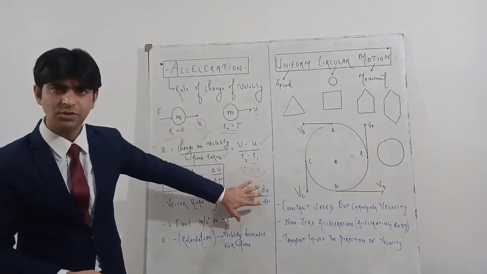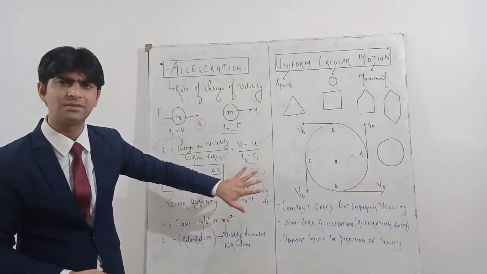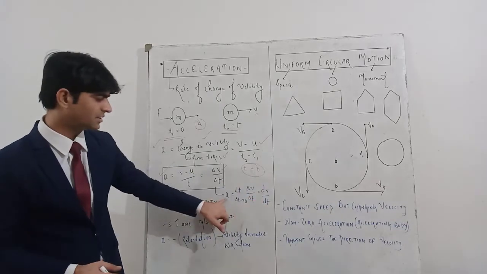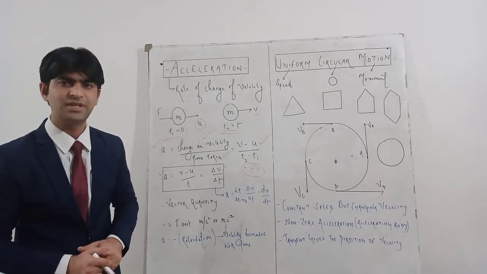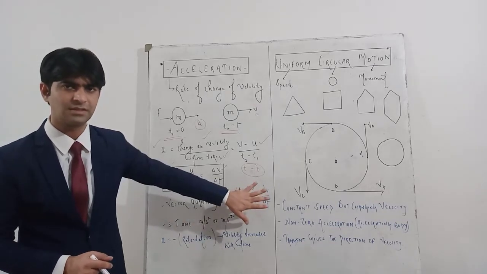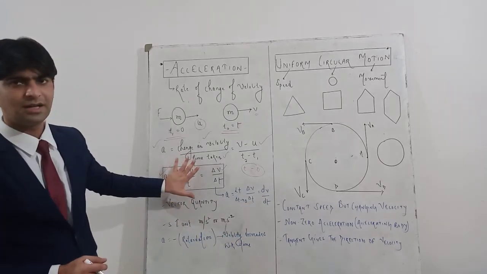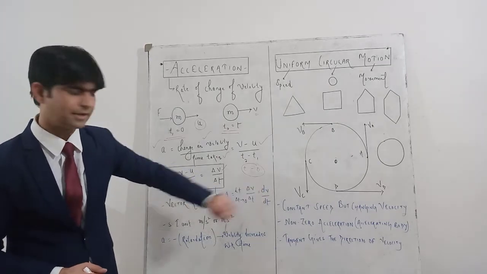This blue part is not important as far as class 9th is concerned, but this is important for class 11th. What I have written in this blue part: acceleration becomes dv upon dt. Acceleration becomes dv upon dt. This is important for class 11th. यहाँ पे फिर से differentiation आ गया. क्लास 9th वाले यहाँ तक ध्यान देंगे तो काम चलेगा. अभी differentiation पे हमको जाने की जरूरत नहीं है.